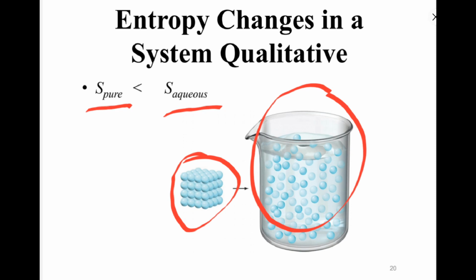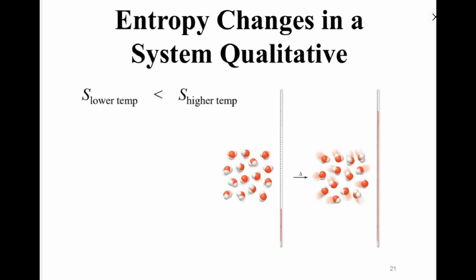Therefore aqueous has higher entropy than ፒውር ሶሊድ ማለት ነው። ስለዚህ በዚህ ምክንያት የአኪዮስ ሶሉሽን ከፒውር ሶሊድ የበለጠ ኢንትሮፒ አለው ማለት ነው።